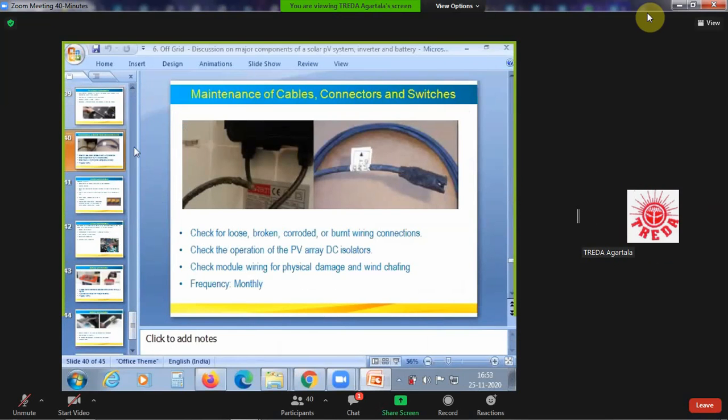Maintenance of cables, connectors and switches. You should check the maintenance of connectors or cables. Sometimes after long or frequent use, the terminals of the cables may become loose or corroded. So we check for loose or burnt wiring connections. Check the operation of the modules and DC isolators. Check module wiring for physical damage and wind damage. So these